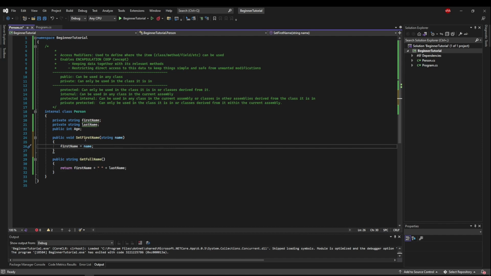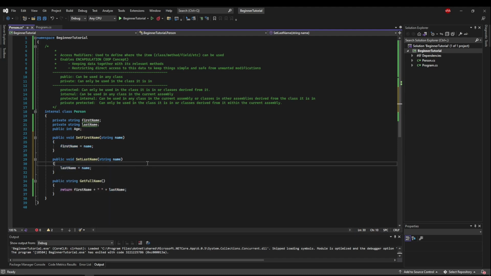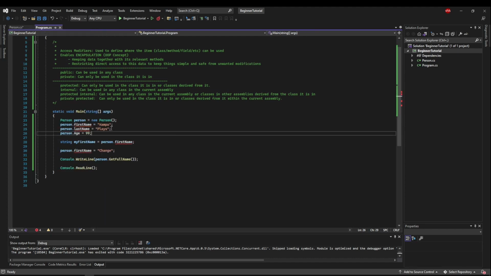So when you call the set first name method, we're going to pass in a name, and we're going to assign first name to that name. Now let's do the same thing for last name. We want to set last name, and we want it to set last name. So now we have two methods that are publicly available that can very specifically set the first name. So if we hop back to our program, rather than doing this, what we're going to do is say